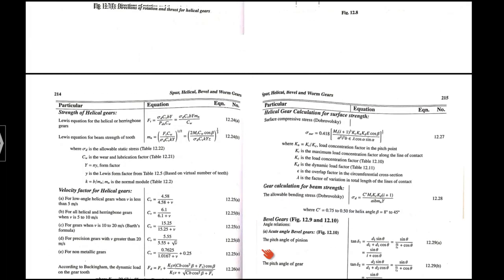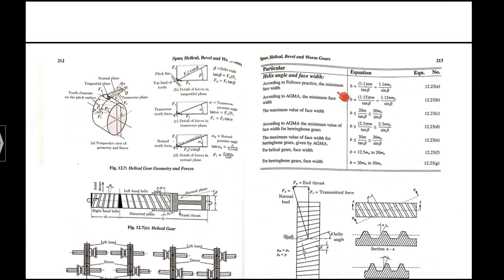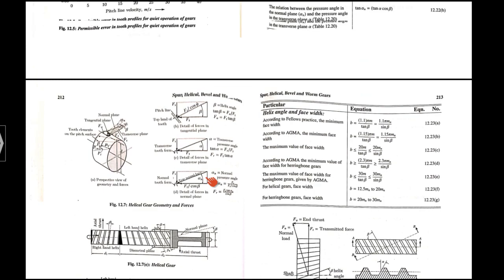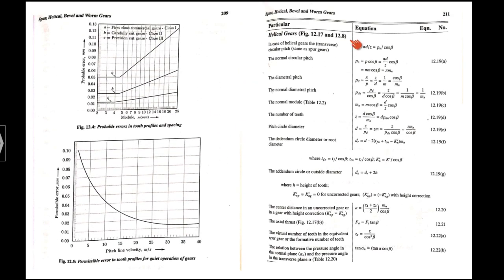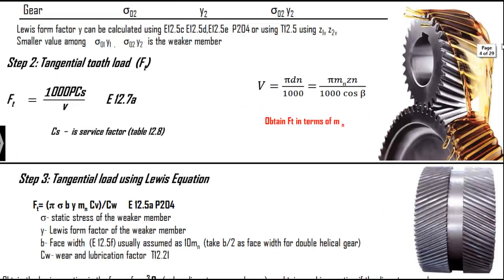Also, if you look here, for the helical gear, the three-dimensional figure that we have discussed is also given. Helical gear geometry and the forces are also given in your data handbook, and also the various planes under which we are going to resolve the normal forces. You can see the basic relationship between diameter and normal module. All these things are directly given in your data handbook, so there is no need to memorize them. They can be taken directly from the data handbook.